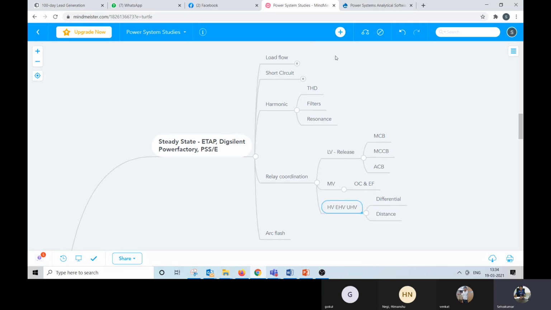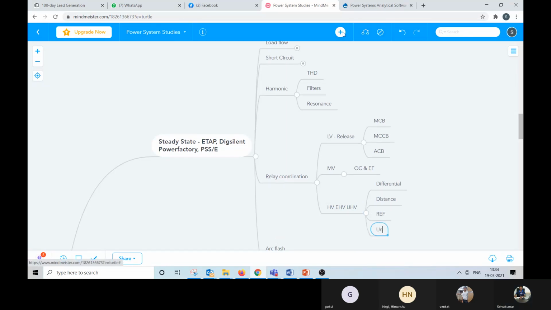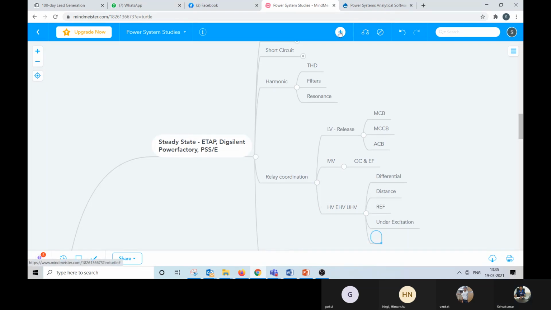If it is a transformer, restricted earth fault, excitation, under excitation, over excitation, overfluxing, right? So there could be many other protections.